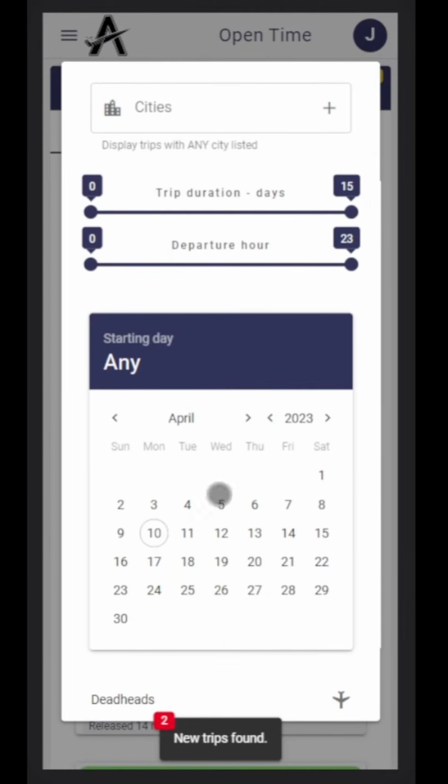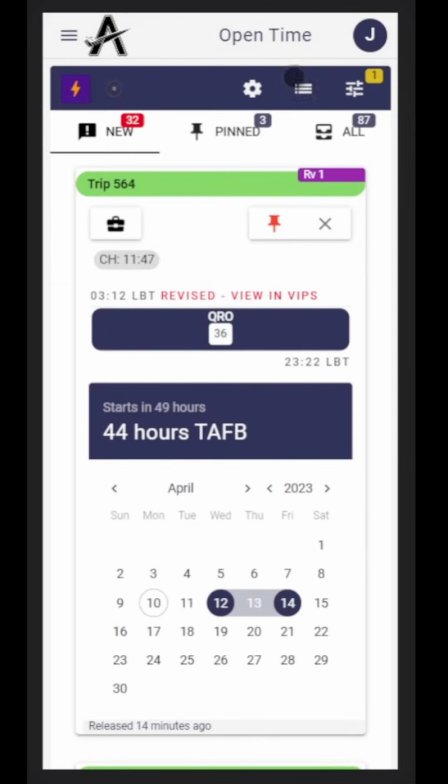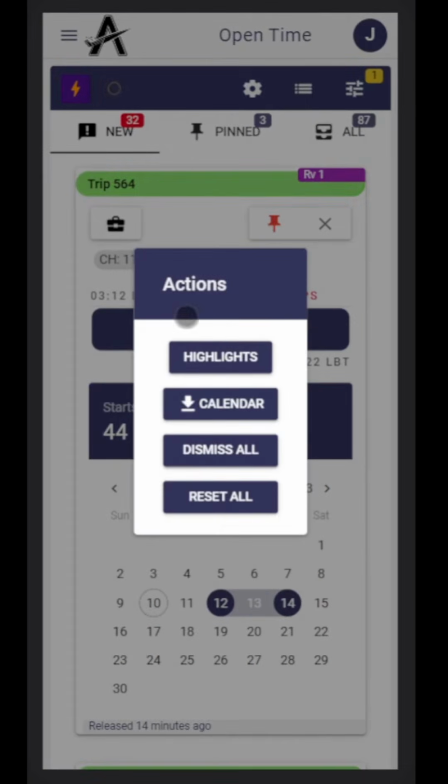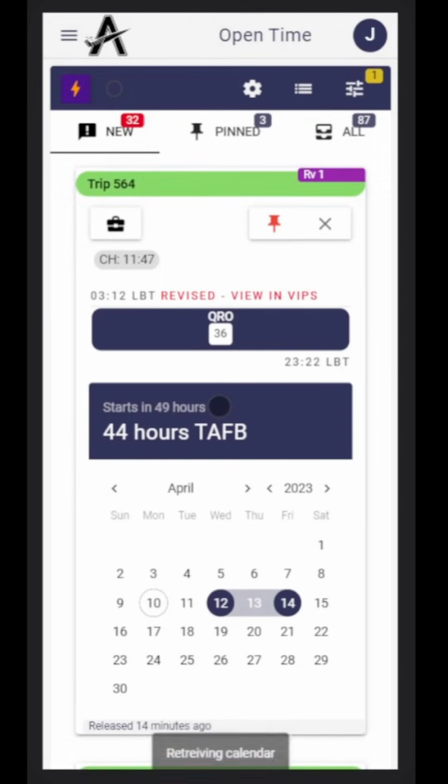All right, this is how you filter for the starting day. It sure would be nice if I could tell what my schedule was in here. So what I'm going to do is come up here, click on the Actions button, and download my calendar. And so you can see all these calendars have the current day, and they have the footprint of the trip